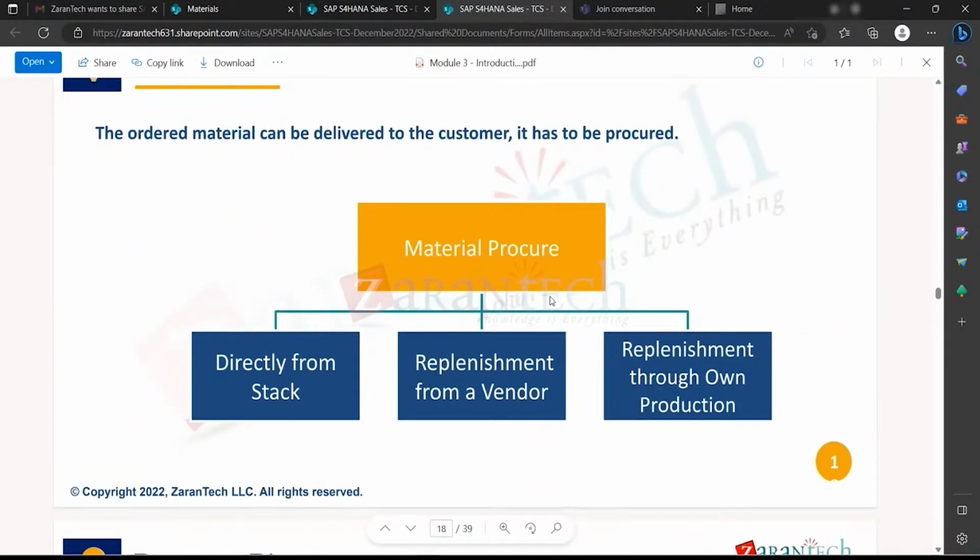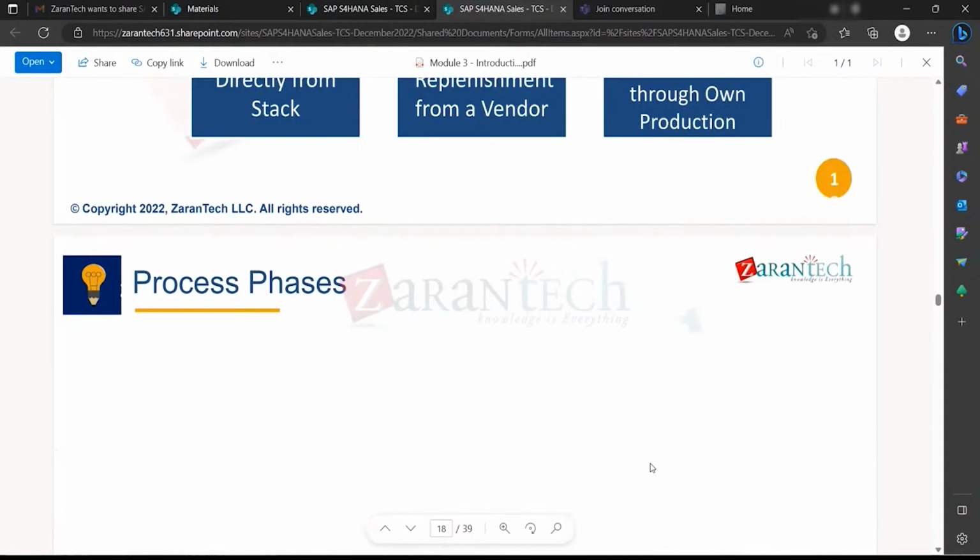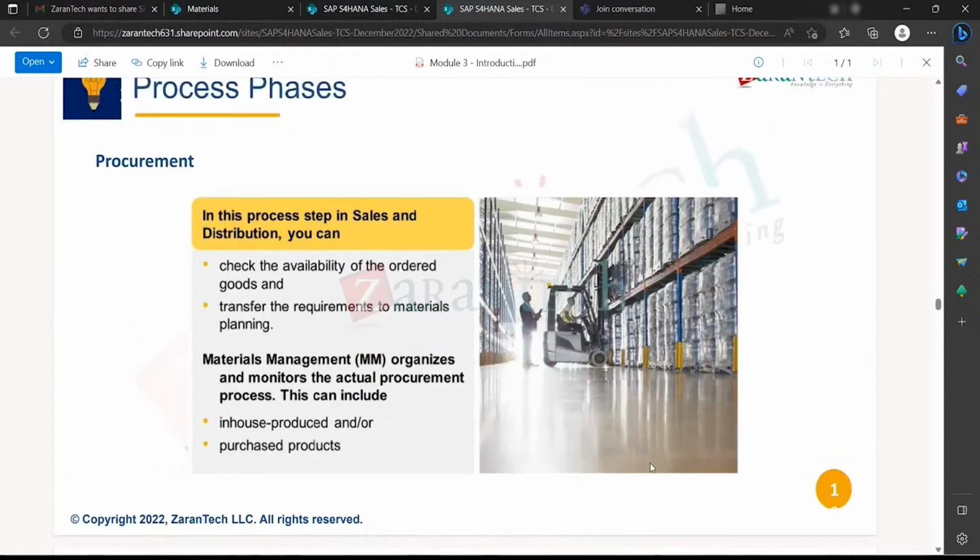So the material, when your material can be procured. If it's retailing, you can buy the item from the suppliers through this process. We can get the items directly from the supplier, or from a vendor, or from own production. So you can get the material for selling from the vendor or from the production process. So procurement from the